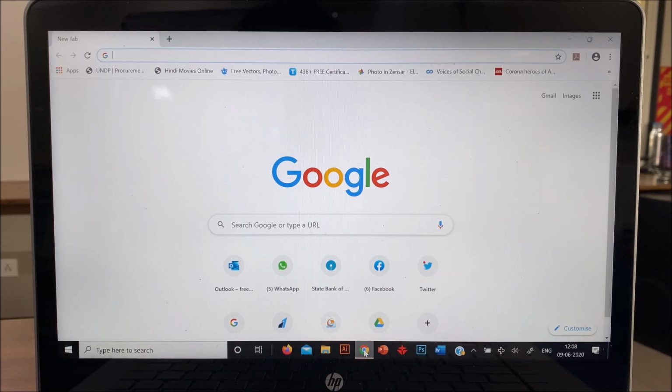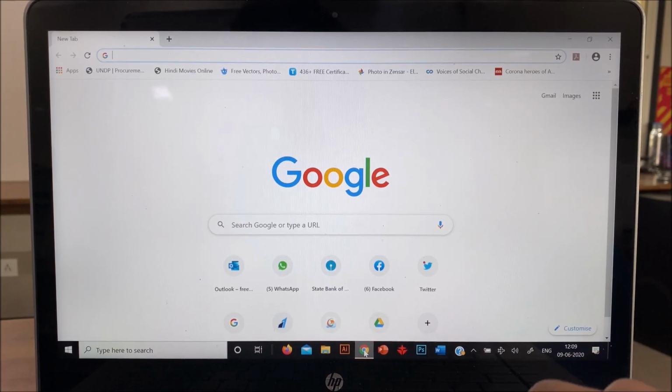There are two ways you can use it on a desktop. One is you can open your web browser. It can be Google Chrome, Internet Explorer or Firefox. The other way is downloading a Microsoft Teams app on your desktop. But the easiest way, which I'm going to show you, is how to use it on a web browser.